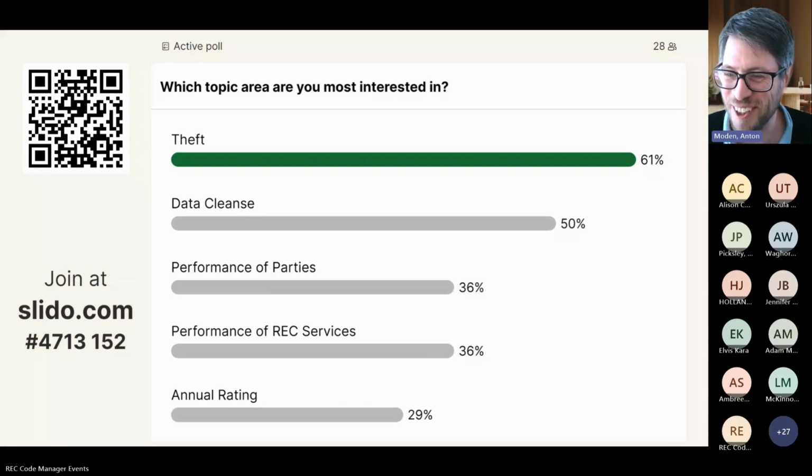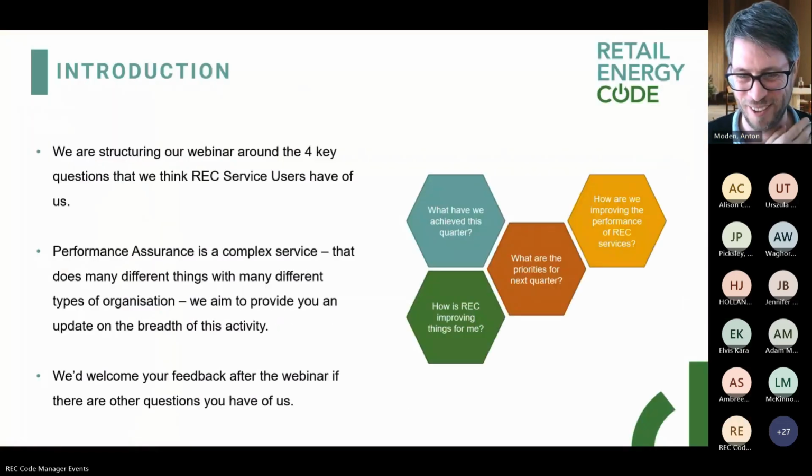Let's get into my one, and I'll try and be quick. So we tend to try and structure it around broad things you might be interested in. We're interested in making sure we show you the stuff that we're doing, what we've achieved this quarter. A lot of it is for the benefit of the engaged parties, and if we don't tell you, you don't know. We're also thinking about how we're improving the rec, what we're planning on doing next quarter, as well as it's really important for us to say if there's any particular deadlines, which in this kind of work there are cyclic deadlines, and how we're improving performance of the rec services. So if we flick on to the next one,